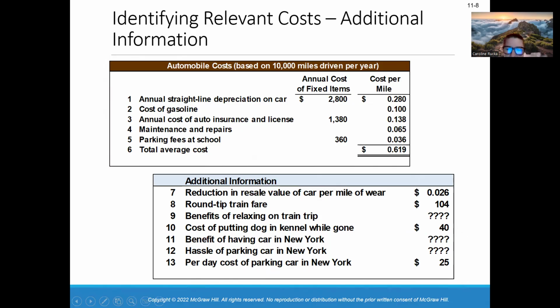I think I said this last time when we went through this example. Where the heck do they find a parking situation in New York that only costs $25 a day? That's crazy. I would jump right on that. But anyway,